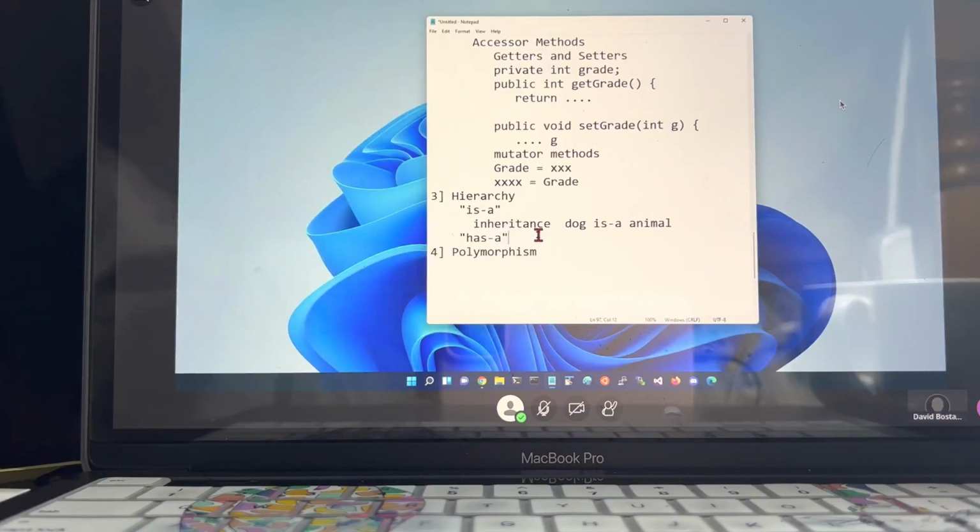A has a relationship, on the other hand, is one where we think of something being more of a containment type of expression. But we're going to reserve that word for when we're talking about containers, and instead we're going to use the word composition, or something is composed of something else.